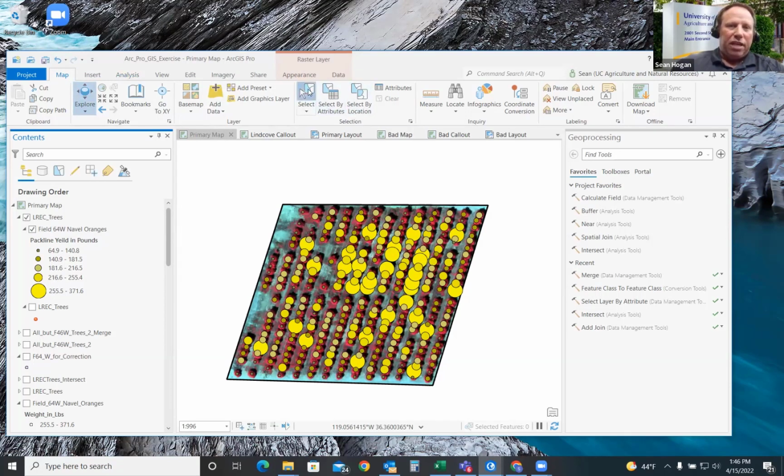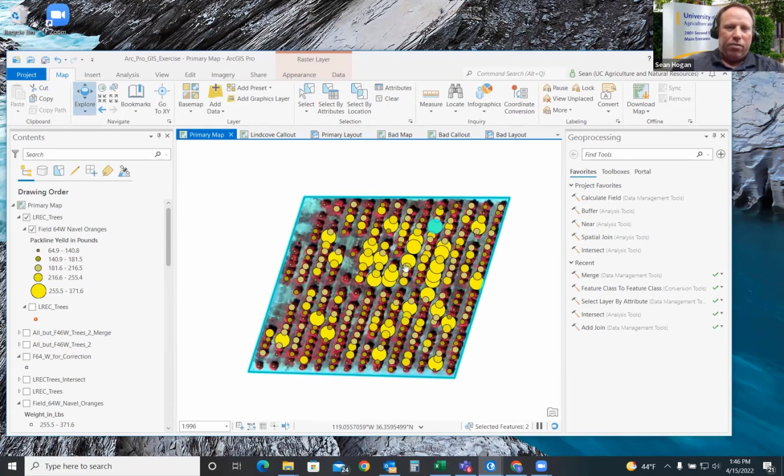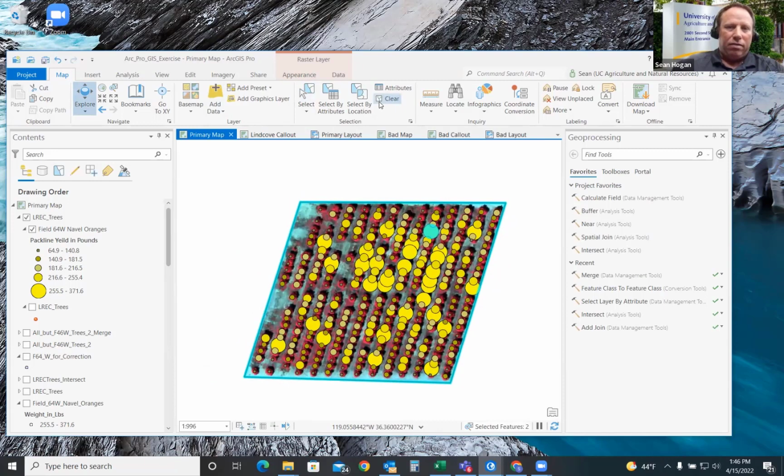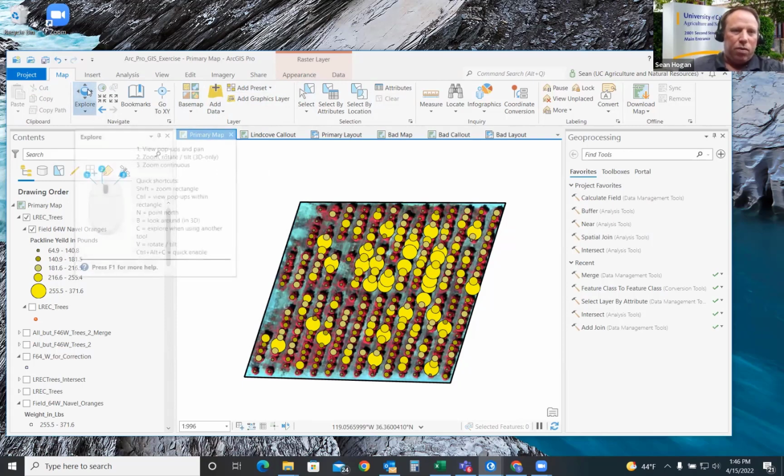Here would be an example. Say I'm selecting something and I have the selection tool activated. I want to be able to move the data around, but I can't now. But if I go back to Explore and click this, then I can return to moving my data around. So to get out of some of your other functions, Explore is a good tool.